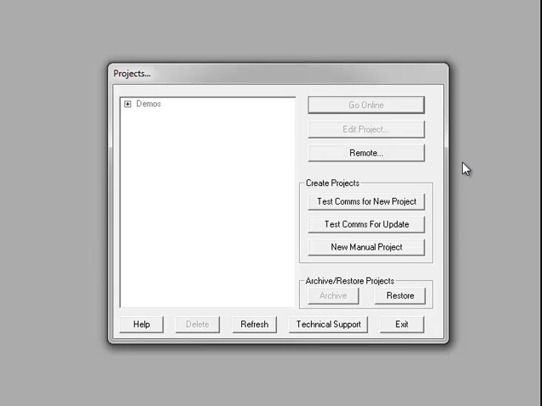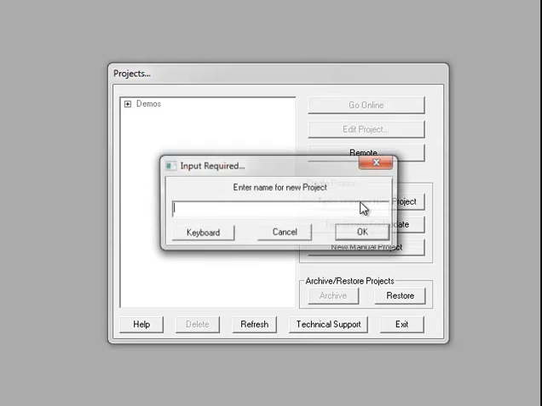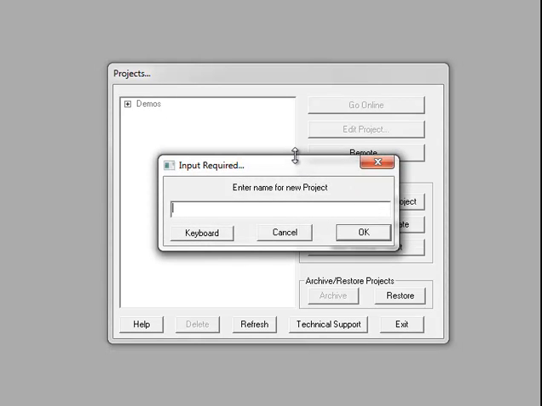The Projects box is shown. Click Test Comms for New Project. Enter a name. We will call it AutoDetect. This name is used as the name of a subfolder under your SpecView installation folder, which is normally called SV3. Click OK,